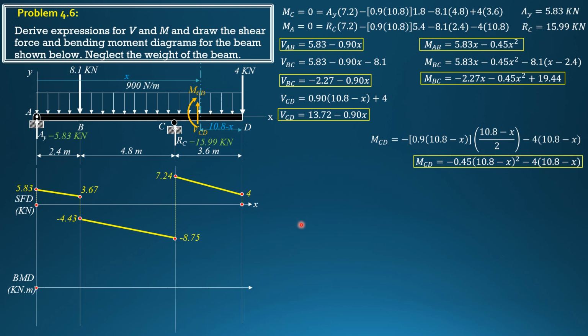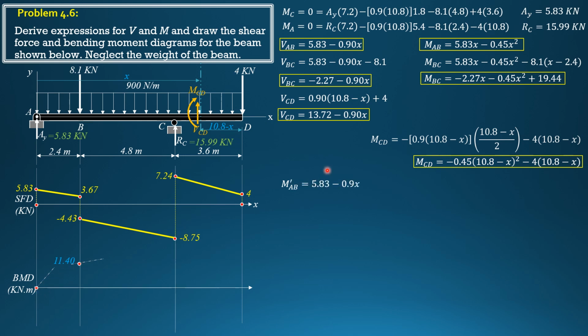Then for the moment curve, this is second degree. When x is 0, it should begin at 0, as shown. When x is 2.4, 5.83 times 2.4 minus 0.45 of 2.4 square, the value is equal to 11.4. Now, how do we connect these two with a smooth curve? Based on slope, 5.83 slope to 3.67, it is inclined up to the right. This is also positive but lesser slope, so it is inclined up to the right but almost flat, like that. To give you the idea how to connect these two points with a smooth curve, it is concave downward,